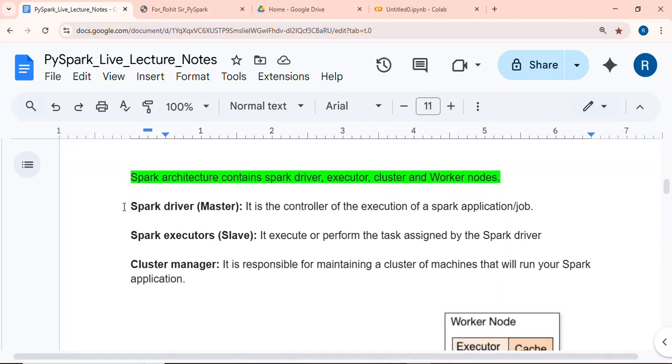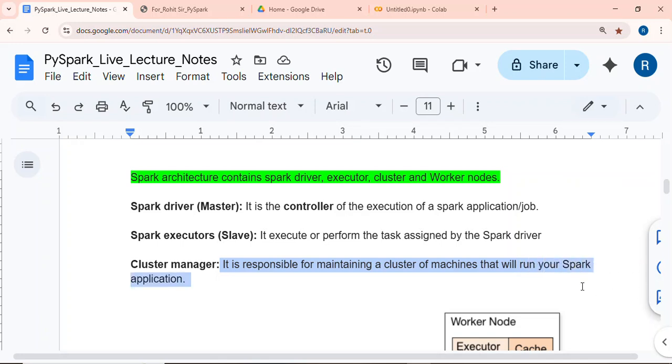स्पार्क ड्राइवर का काम क्या है, व्हाट इज स्पार्क ड्राइवर, उसका मेन काम क्या है। सो स्पार्क ड्राइवर इज द मेन कंट्रोलर ऑफ द एग्जीक्यूशन ऑफ ए स्पार्क एप्लीकेशन। Then spark executor executes or performs the task which is assigned by the spark driver। जो भी task spark driver ने assign किए हैं, वो execute कौन करेगा, spark executors। And the cluster manager is responsible for maintaining a cluster of machines that will run our spark application। जो भी CPU, memory, ये resources लगने वाले हैं वो allocate करने का काम ये क्लस्टर मैनेजर करता है।